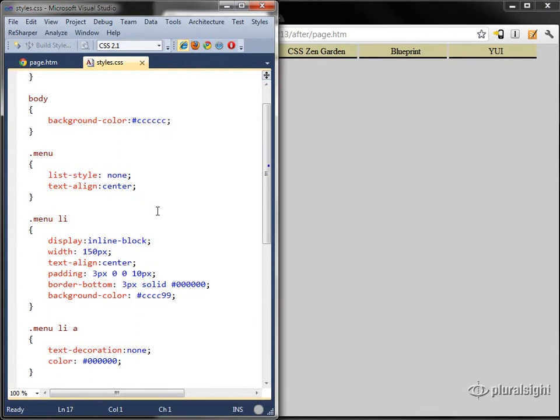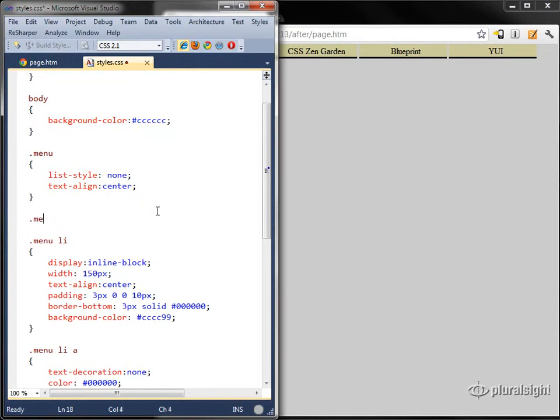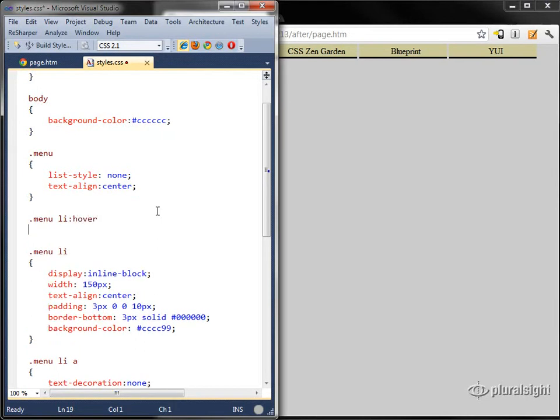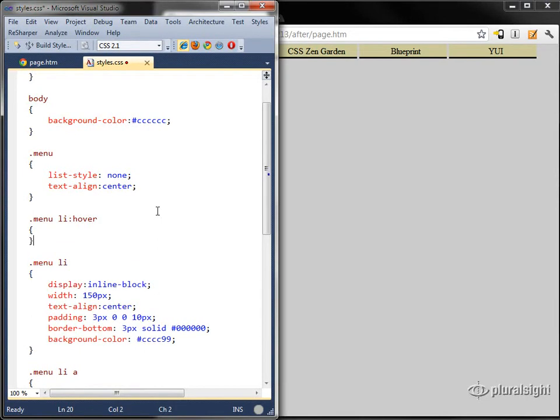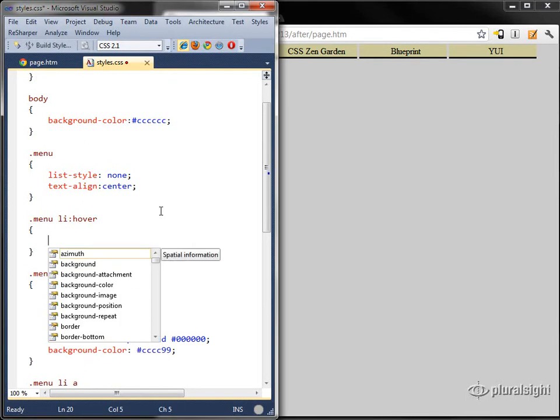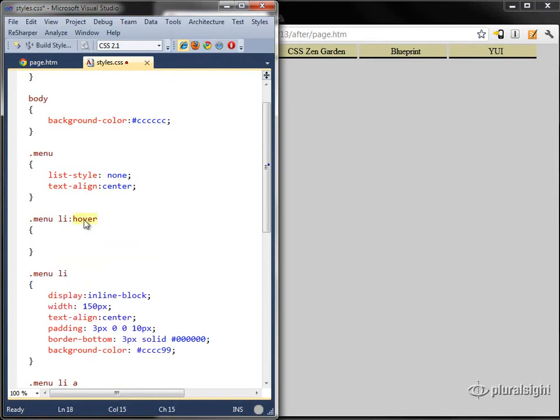And finally, for one last effect, let's go in and select list items that the mouse is currently hovering over. This is one of those pseudo classes that I told you about in the first module. It's not a specific class name that you attach to an element. It's something that exists because of where the element is positioned or how the user is interacting with that element at any particular time. So when someone hovers the mouse over an element, what I'd like to do is set the background color